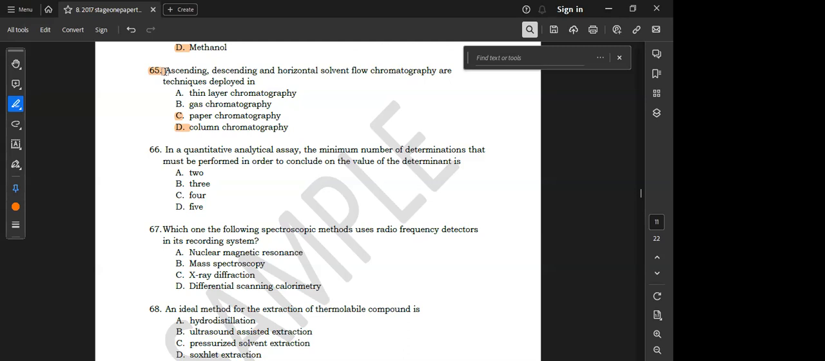Okay, one thing: ascending, descending, horizontal solvent flow chromatography are commonly associated with a type of chromatography known as column chromatography. Yeah, so I think it has been decided. In a quantitative analytical assay, the number of determinants that must be performed in order to conclude on the value of determinants is